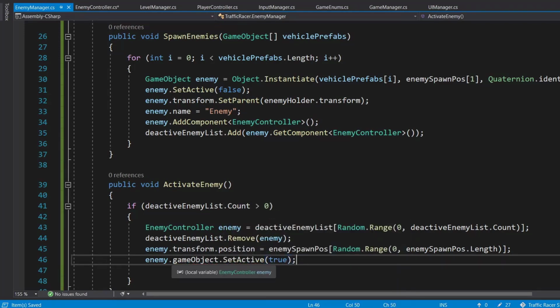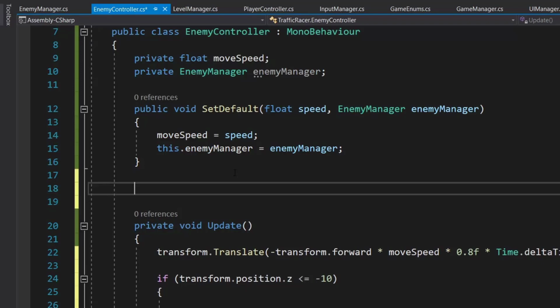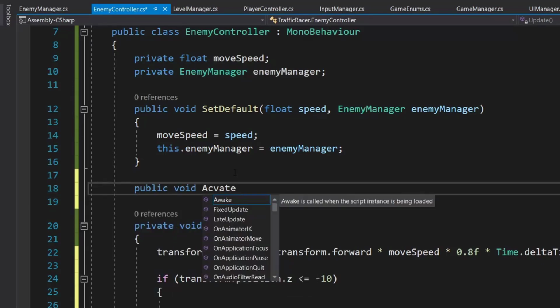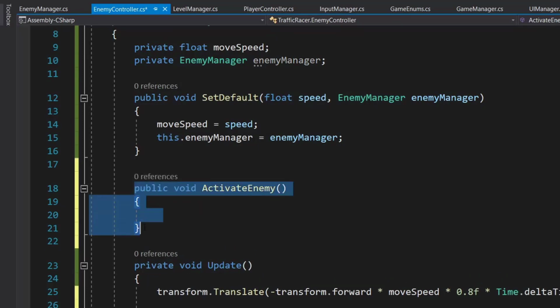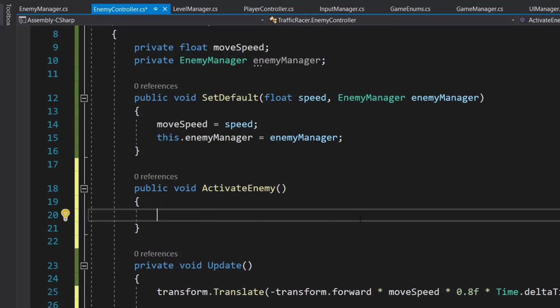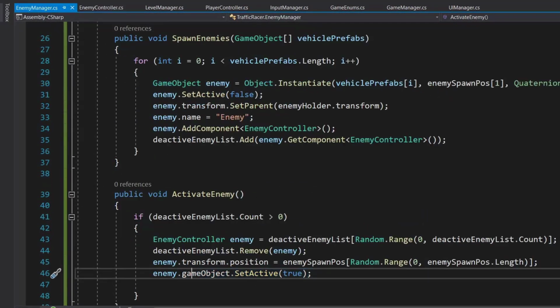And if you want, we can just put this method in our enemy controller. So let's do that. And here we will just create a public void activate enemy. Now the plus point of putting a method here and calling this method is we can not just activate our enemy, but we can do other stuff as well. So let's say you want to create some effect, we can add that also. So we can just say game object dot set active to true, correct, and we will use this. So instead of game object, just call the activate enemy method.